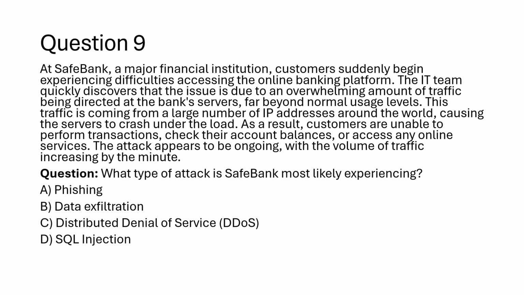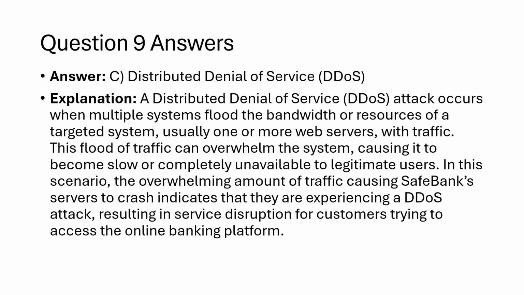A. Phishing, B. Data exfiltration, C. DDoS, or D. SQL injection? Answer is C. DDoS, distributed denial of service. Attack occurs when multiple systems flood the bandwidth or resources of a targeted system, usually one or more web servers, with traffic. This flood of traffic can overwhelm the system, causing it to become slow or completely unavailable to legitimate